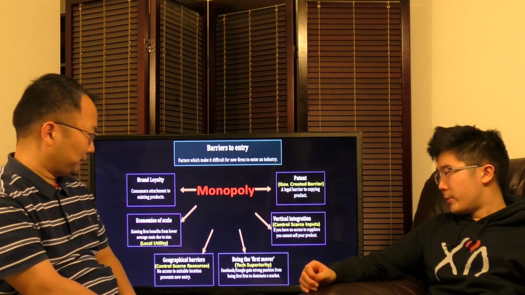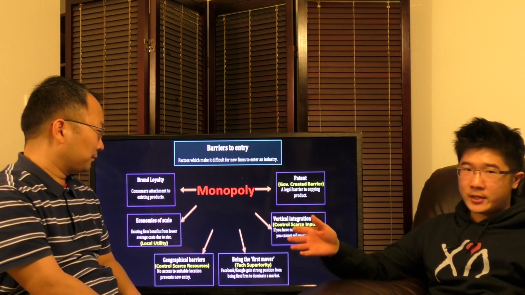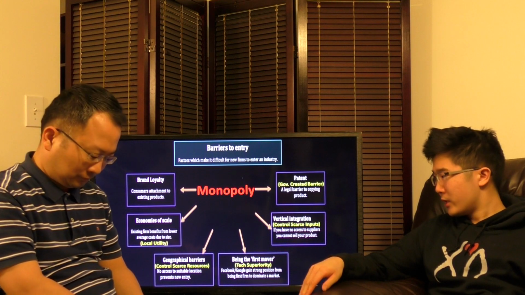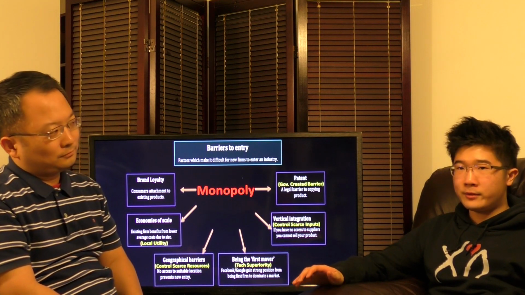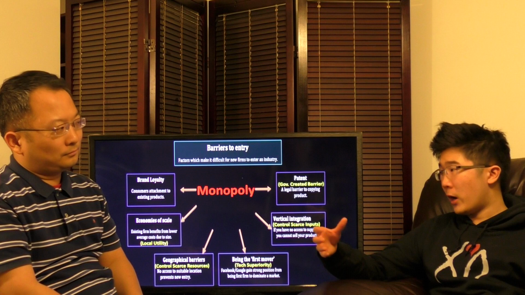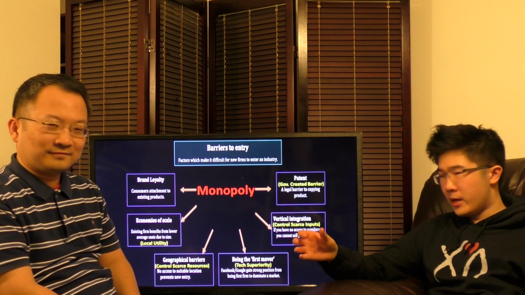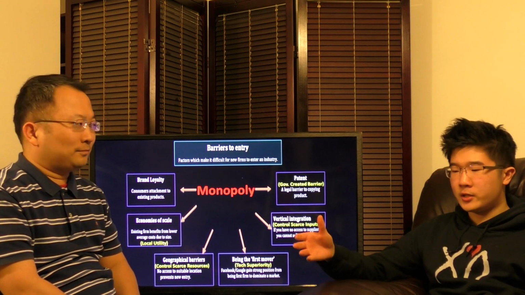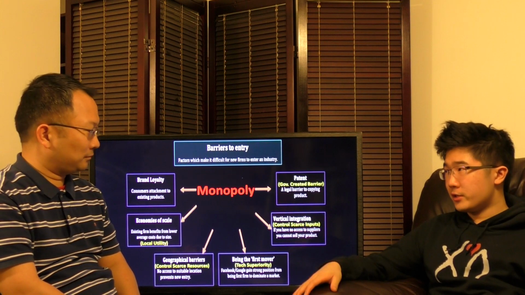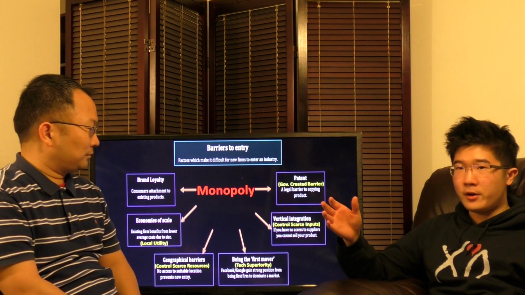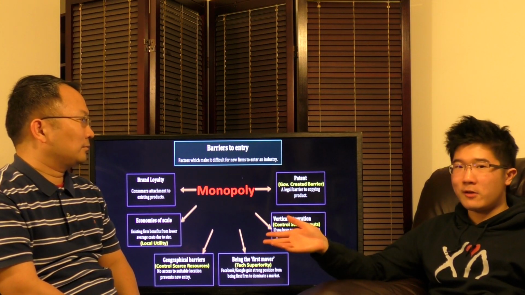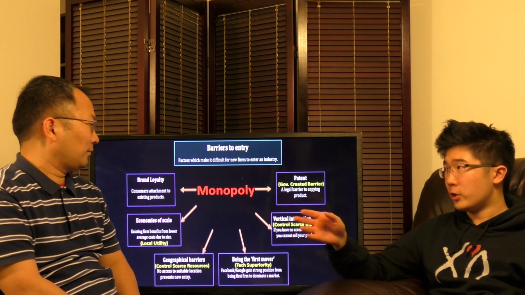Another is being the first mover, mainly in technology, tech superiority, like Facebook and Google. They were mainly the first popular or first widespread brand in the respective technological niche, and so they are very tough to beat, because in some respects they also have a version of brand loyalty as well.